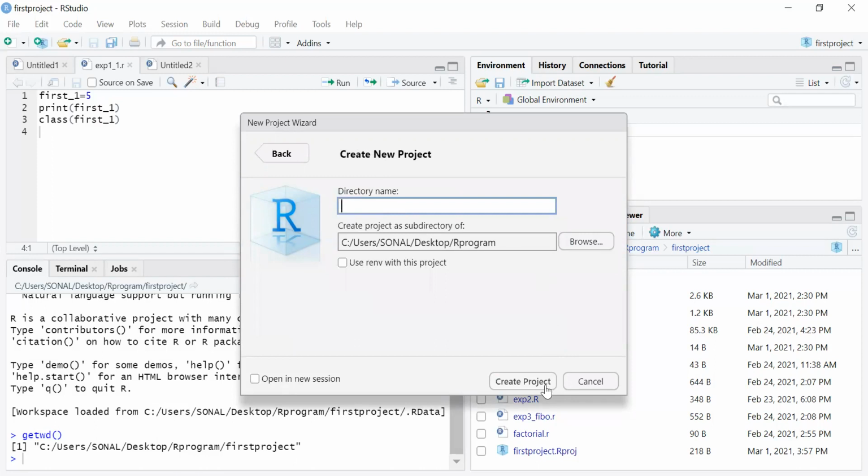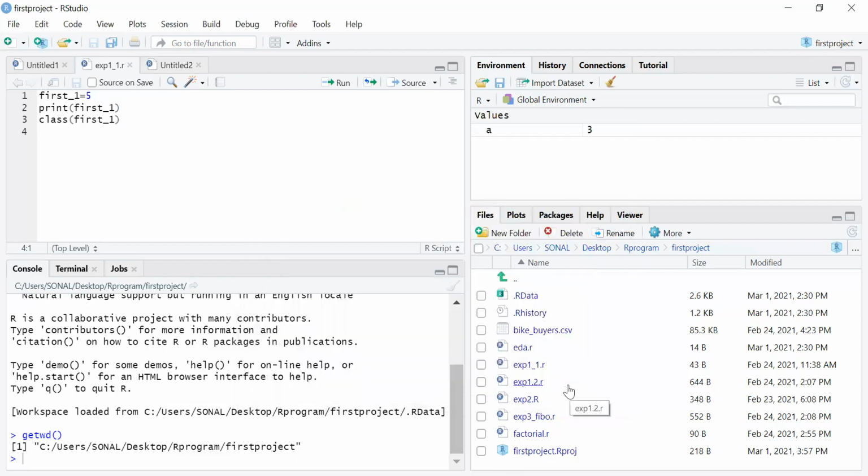I have created the first project here, so it can be seen over here. So this is what we have seen: how R Studio looks, how it has been divided into four parts, how to create an R script, and how to create a project.